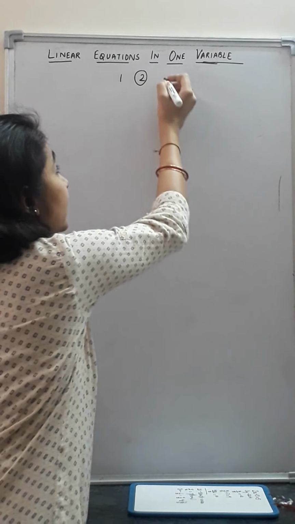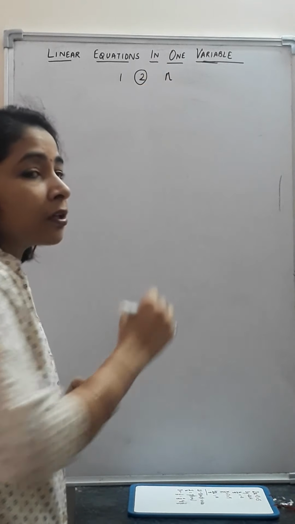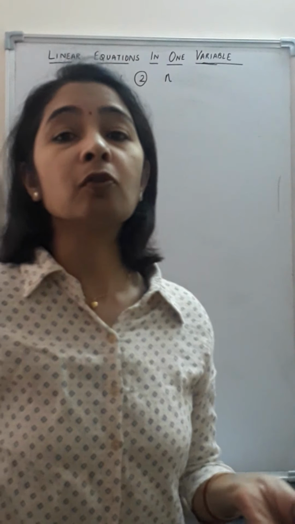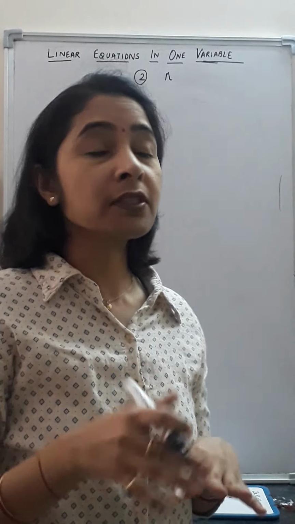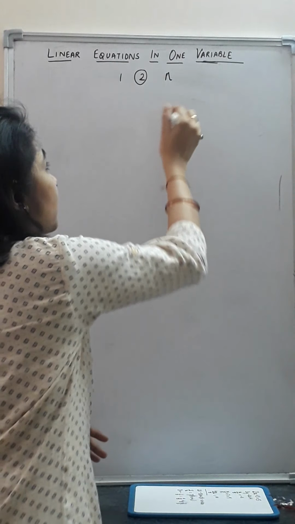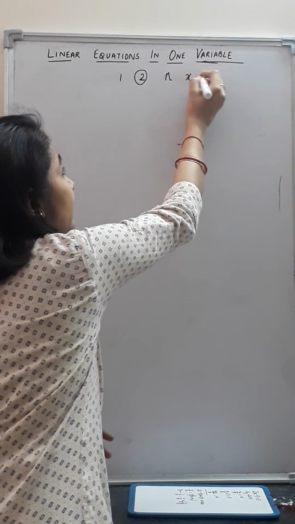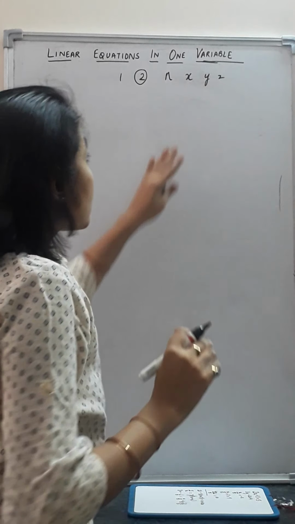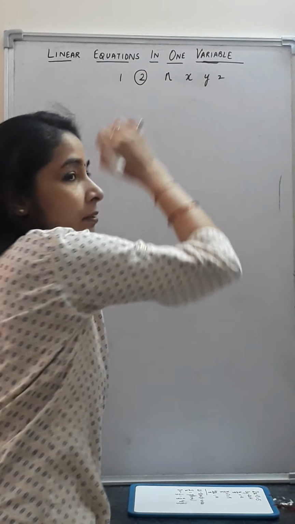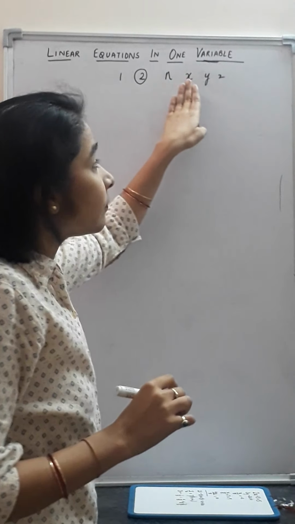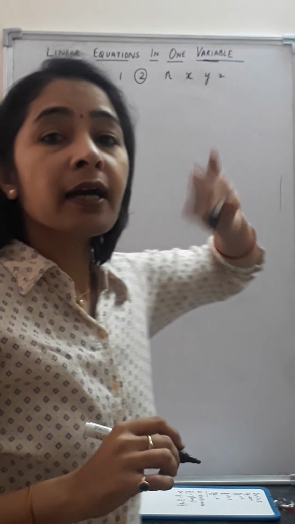So in that case, we just say that everyone got n number of toffees. That means we don't know how many toffees each student got. So the student is getting n number of toffees. We can put any variable here, any literal here, x, y, z, anything. So when there is an unknown quantity, that is represented by a variable. So n, x, y, all these are unknown quantities.